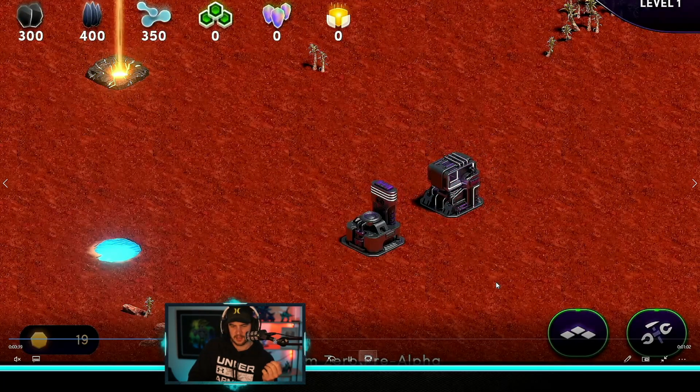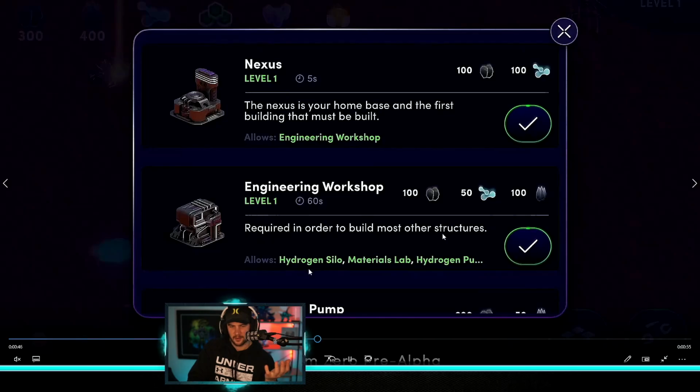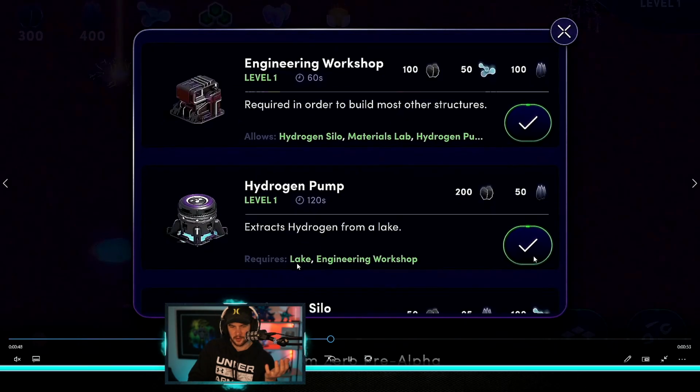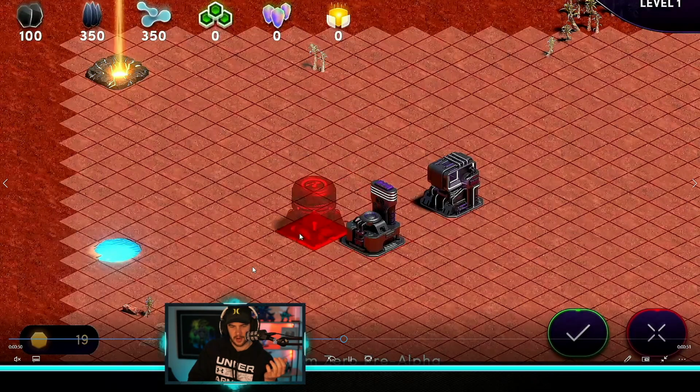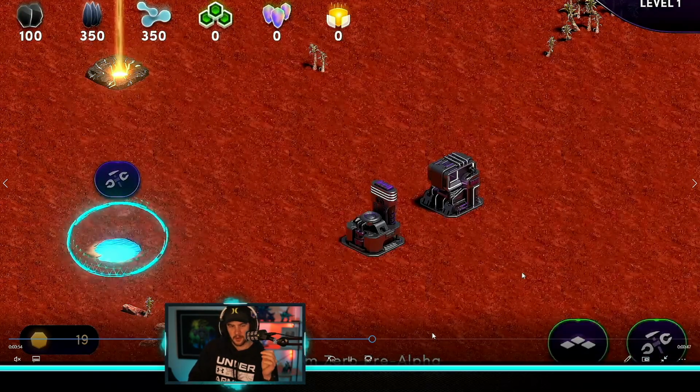And then this next one is the one that I was talking about, the hydrogen pump. You're going to want to put that over here. So he goes ahead, scrolls down, grabs it. You need the lake, so you drag it over to the lake and it'll get greened up, and away you go. Those sorts of things. So